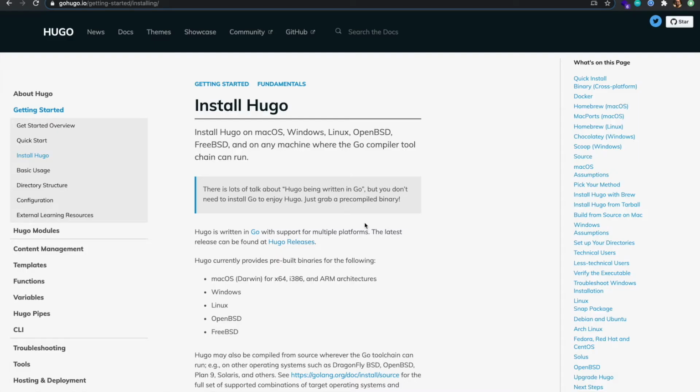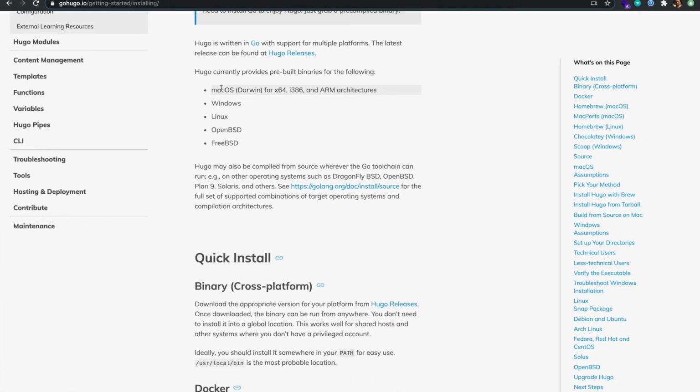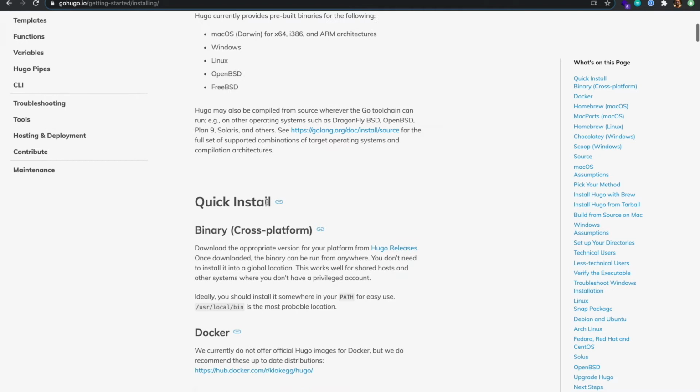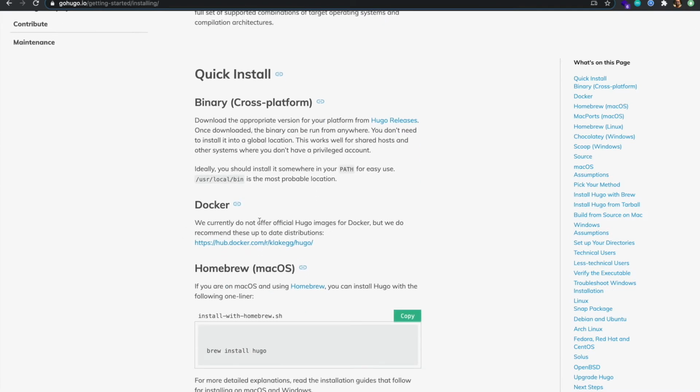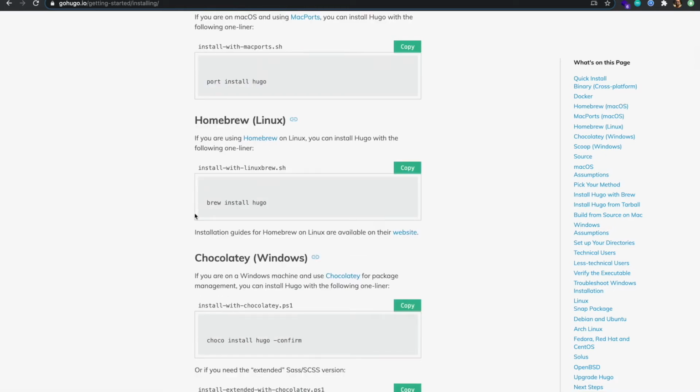So now let's see how to install Hugo on different operating systems. Whether you are on MacBook, Windows, Linux, OpenBSD, or FreeBSD, there is a very nice document. The Docker feature is still not available. But if you are on macOS, you just need to type brew install hugo. And brew is now also available on Linux, so you can use the same command on Linux as well.